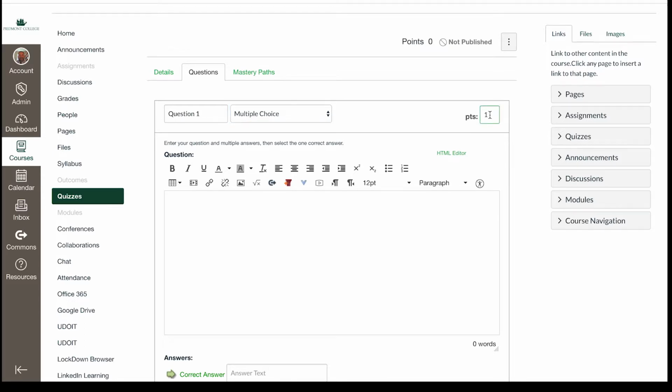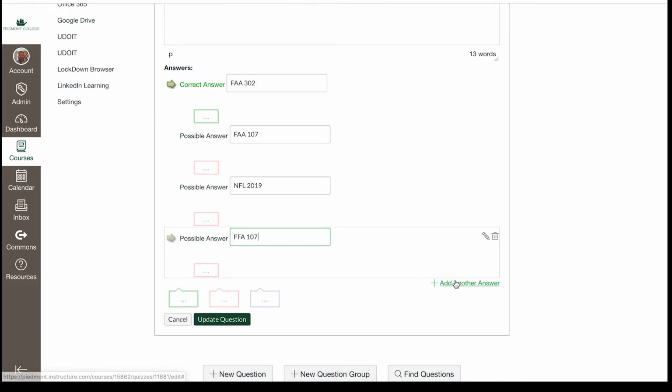Now we can go down to the answers, and so you'll put in the right answer and 3 or more distractors. To add more distractors or to add another answer, just hit the plus add answer and a box will pop up and will allow you to add more answers. Now you can move where the right answer is by clicking on the arrow and putting it where the right